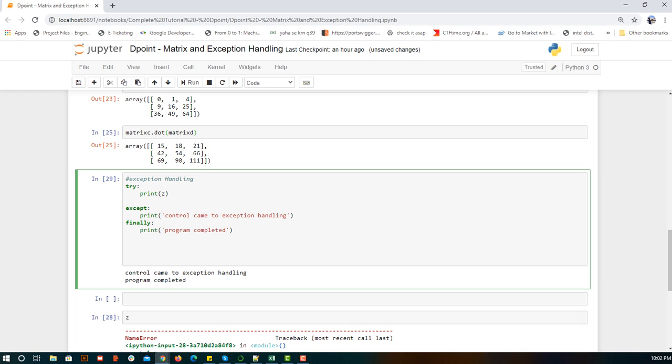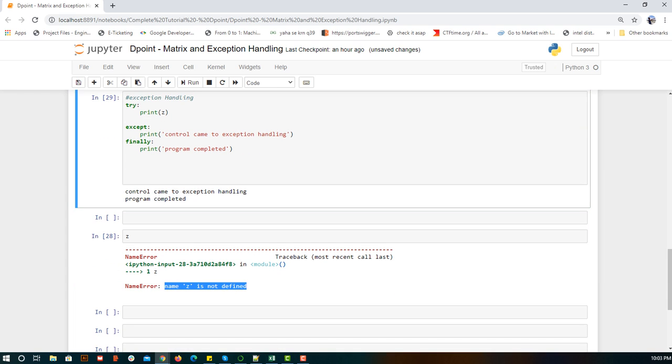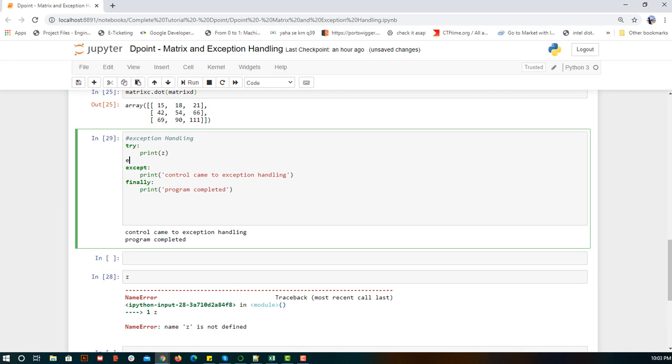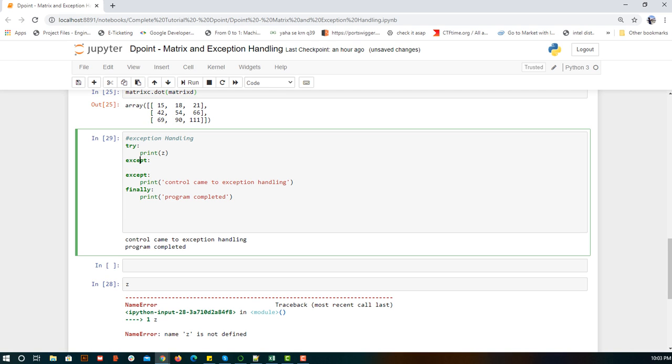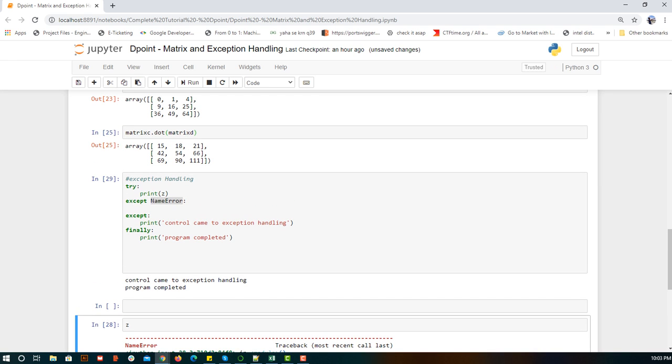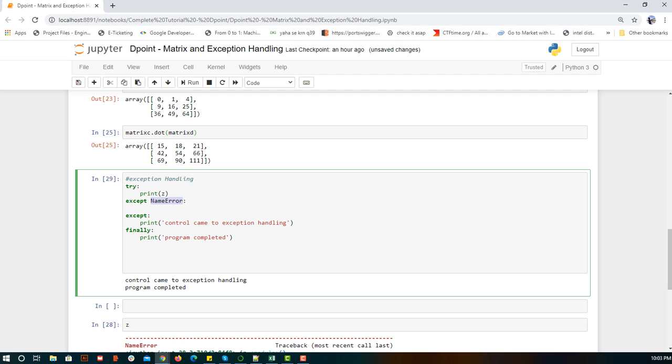For example, the exception that we got here was that it is not defined, and the name of the exception is NameError. I want to handle this specific case, so in that case I'll write except, and what is the name that I want to handle here? NameError. Okay, so this is not something which I am writing, this is the name of the exception which I am expecting here, and if the exception that came has this name, this block of code will get executed. Okay, print NameError exception handling block got executed.